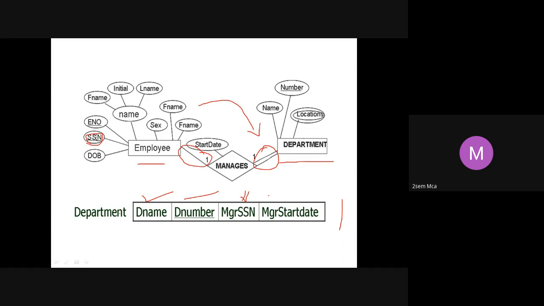So if I have a one-to-one relationship, a separate table called managers as such will not be there. But how do I show this relationship? By including the foreign key in the other table. Where do I have to include it as foreign? Should I bring the primary key of employee into department as a foreign key, or should I bring the primary key of department as a foreign key into the employee? Which way do we have to do it? That is why I said whichever side you have a total participation, there you include it as a foreign key. Okay.